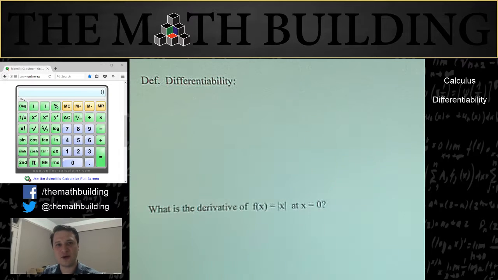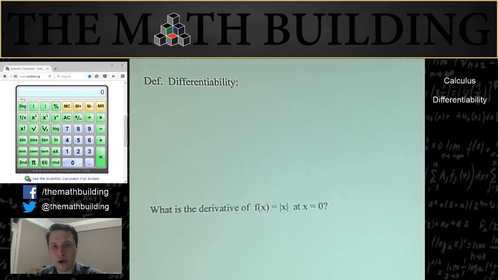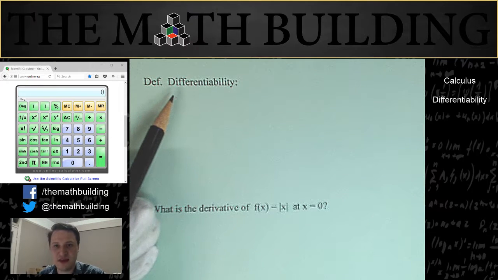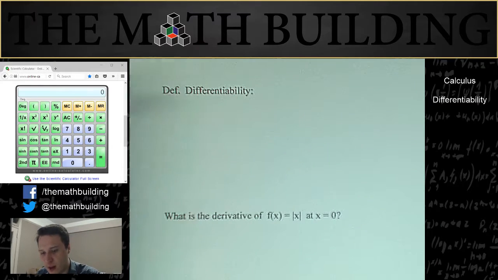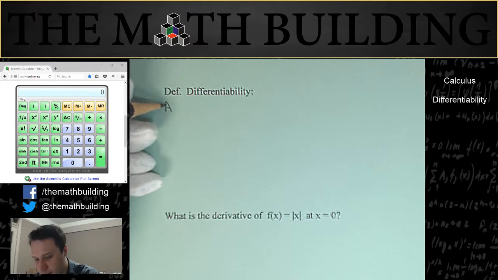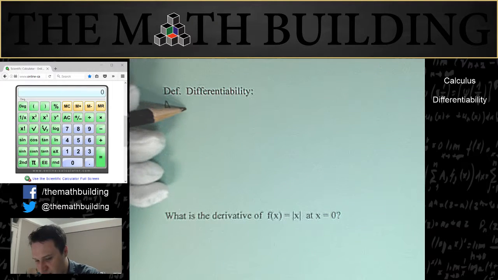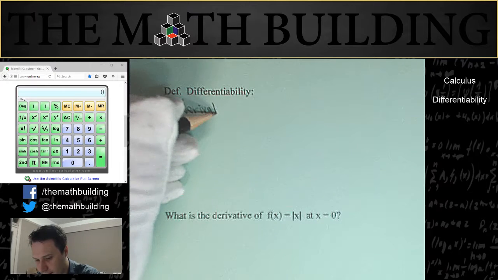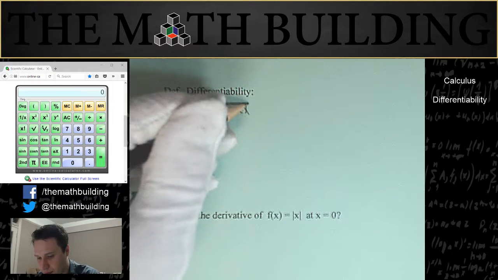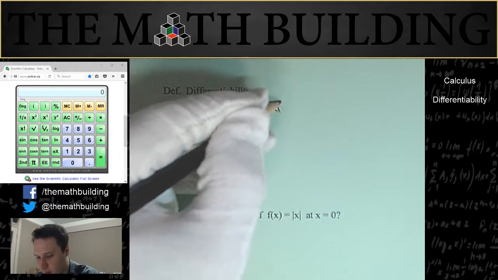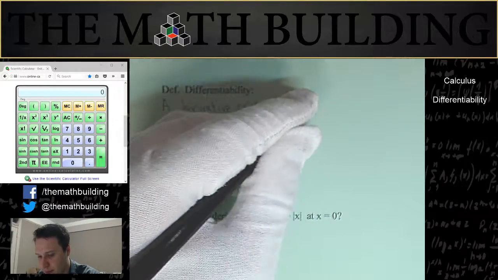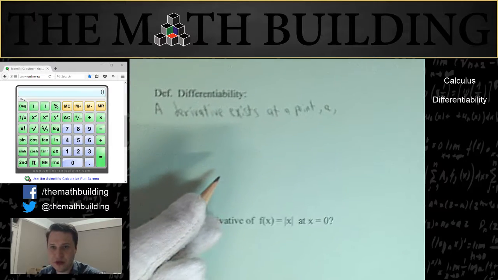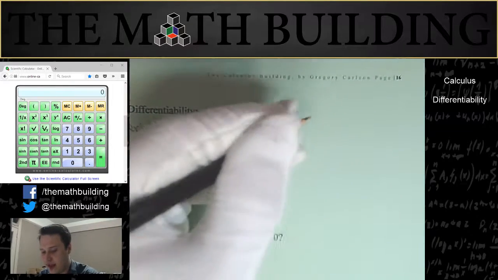So in the last video, we finally defeated Nero's stop sign once and for all, and we calculated our very first derivative. And so it's time to now define what a derivative is, or what it means for a function to be differentiable. Okay? So I'm going to say that a derivative exists at a point, and we'll call that point A. So a derivative exists at a point A if